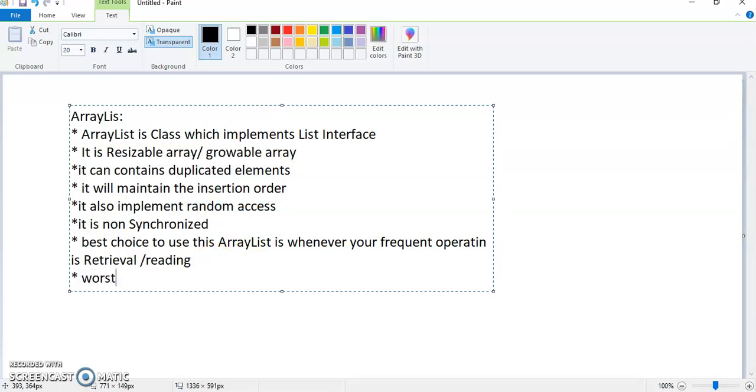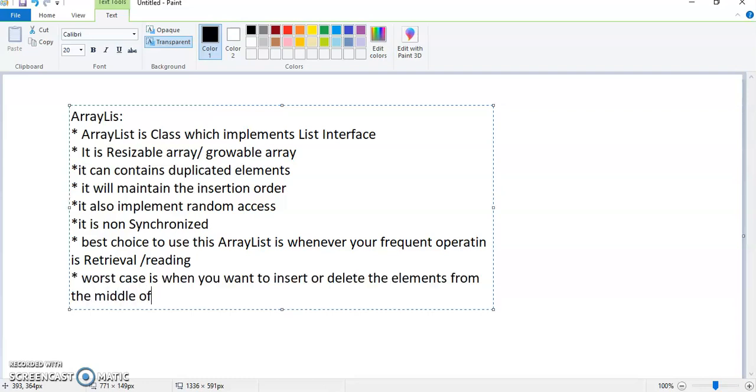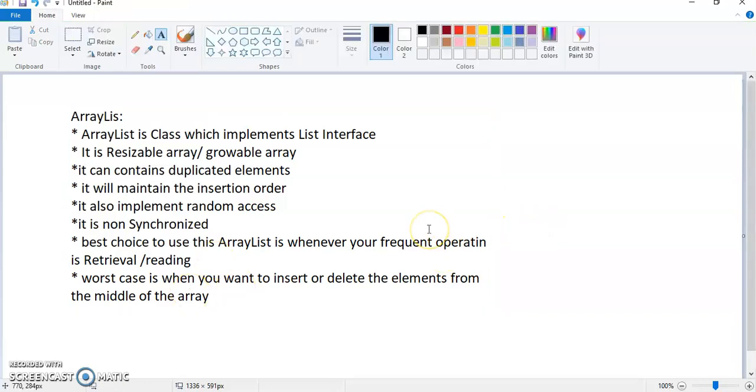And the worst case, or where it is better not to use this array list, is when you want to insert or delete the elements from the middle of the array. Why? Because in array list, whenever you want to insert or delete, it will take too much time. For example, if I consider one example like this, suppose these are the elements of my array